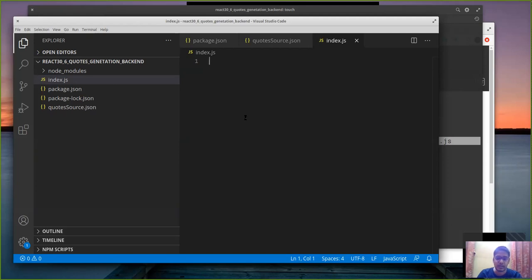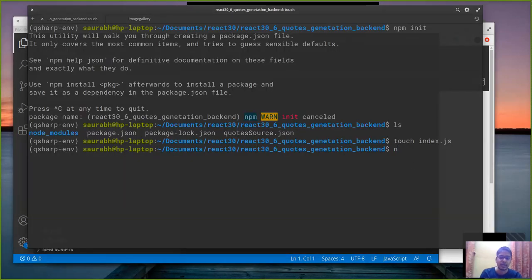The first thing that we need to do is initialize it with Express. For that we need to install the Express npm module. If you are unfamiliar with npm modules, an npm module is essentially a collection of JavaScript files which you can import or use from the npm registry. The npm registry is, let's say, a marketplace where you can find all such kinds of open source npm packages or collections of JavaScript modules.